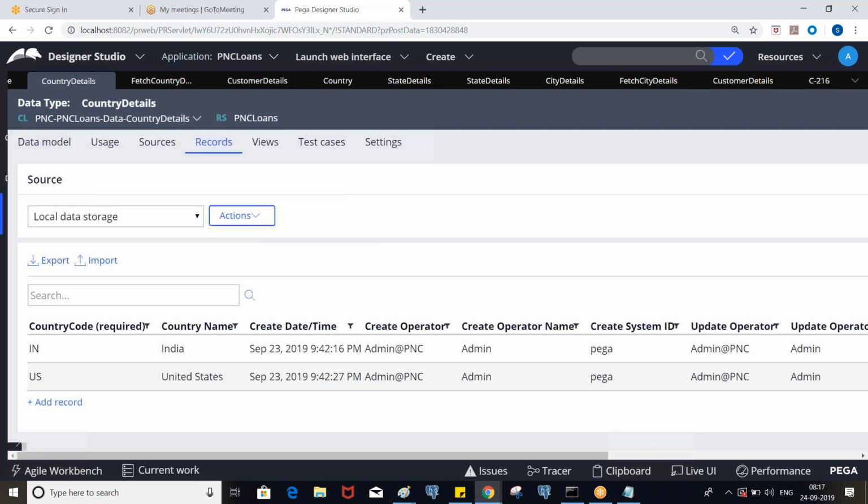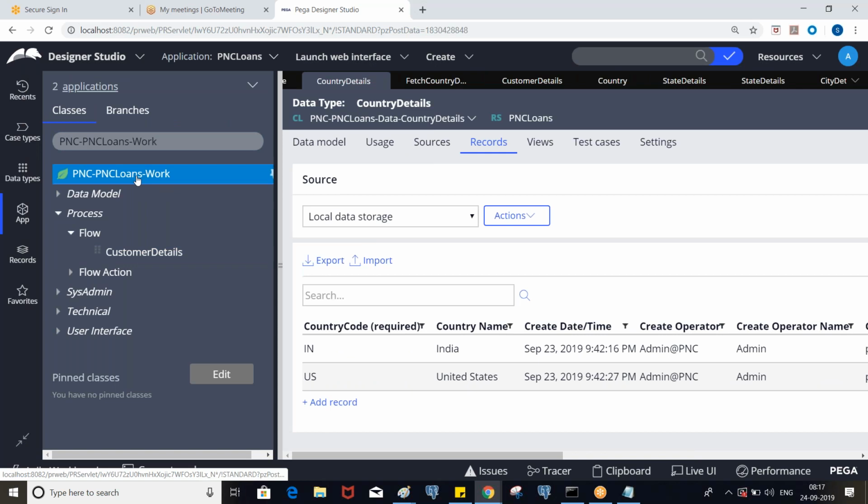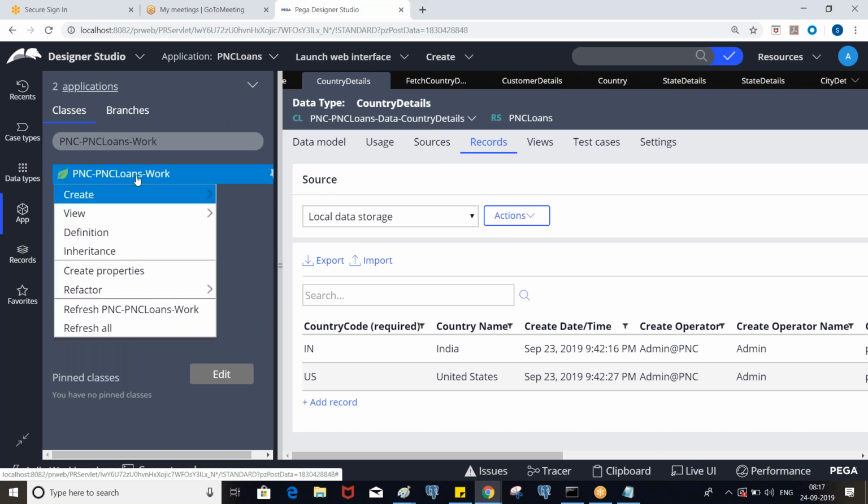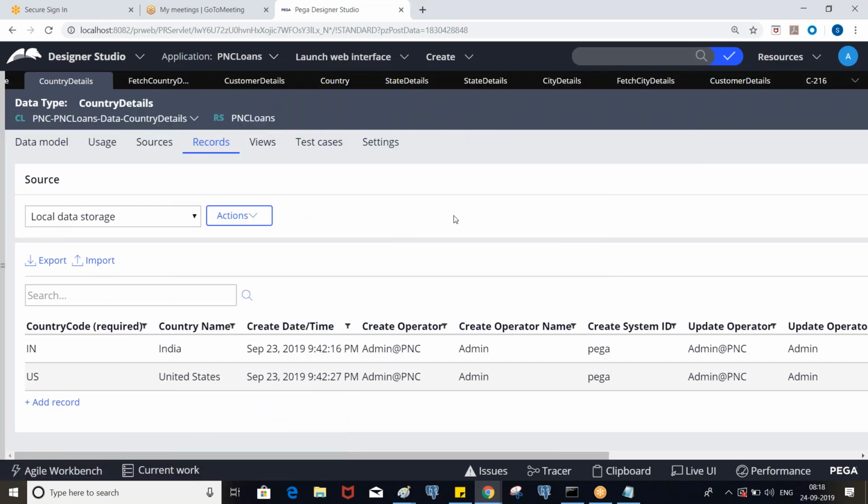In some cases, yes, we create it, but most of the time DB people will provide you the tables, and you map them here, create the rules and get the data. So you may not be directly involved in creating the tables. But data classes, yes, sometimes we create them. And later, if you want to add more data, business users can do that.